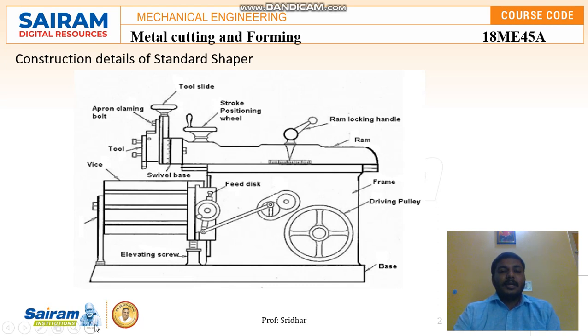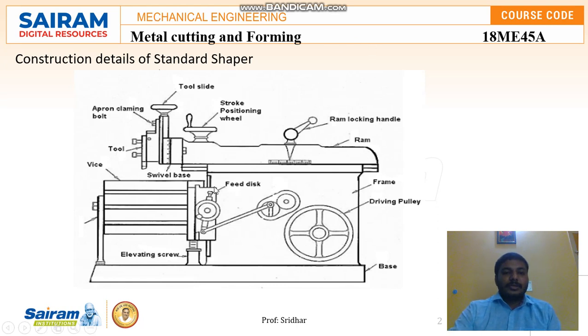Especially here, the reciprocating and oscillating movement is converted to the quick return motion mechanism with the help of the connecting rod connected to the crank. When the motion is converted from reciprocating to oscillating, there is a connecting rod between the ram and the reciprocating motion, and the ram converts that motion to quick return, sliding in the quick return direction. Based on this principle, excess material can be removed, or grooves, keyways or slots can be formed using the shaping machine. Now we'll come to the construction details.